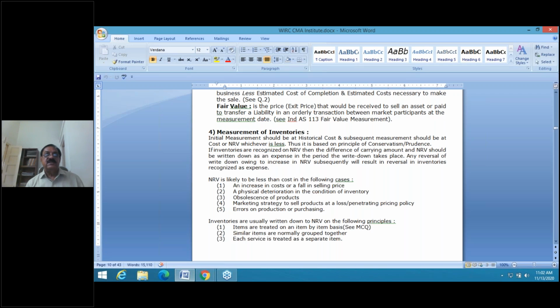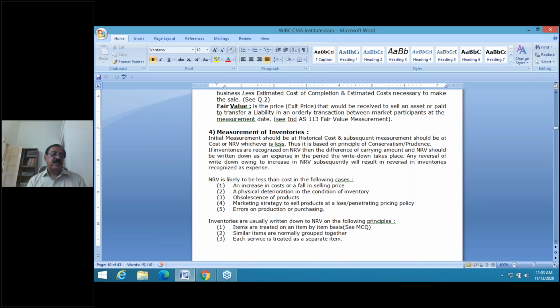Just now in the case of the refrigerator, we have seen that I will be able to sell at 15,750, but I will have to mandatorily spend 1,000 rupees for selling it. So my net cash inflow will be 14,750. The principle of conservatism or prudence says book your future losses but not the gains. So in future when I sell, I will make a loss of 250 rupees against the 15,000 purchase price. My net selling price will be 14,750, so I book the 250 loss by showing it at 14,750. So the whole of AS 2 is based on the principle of conservatism, which you can also call prudence.